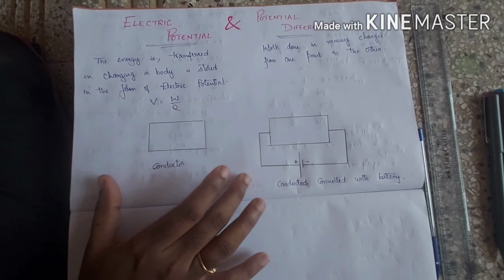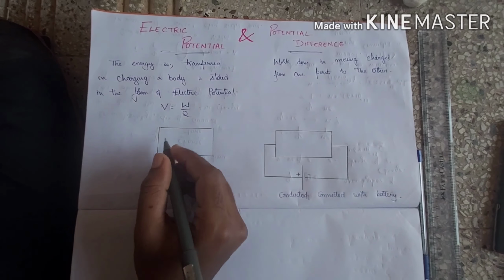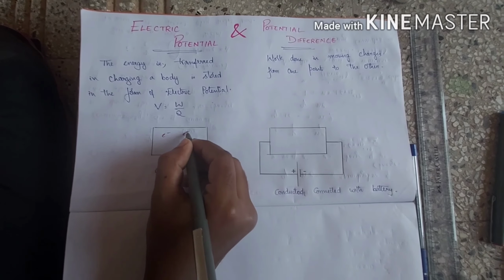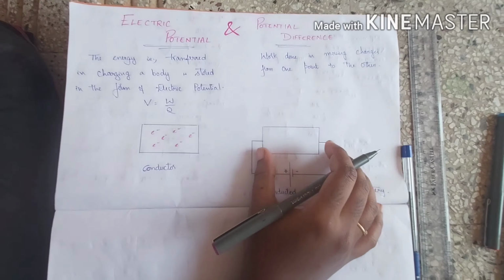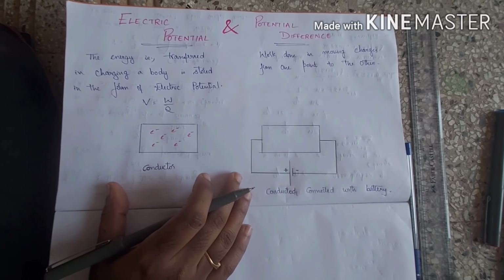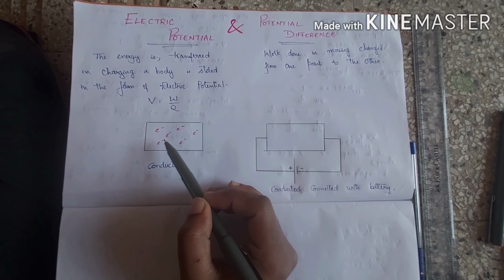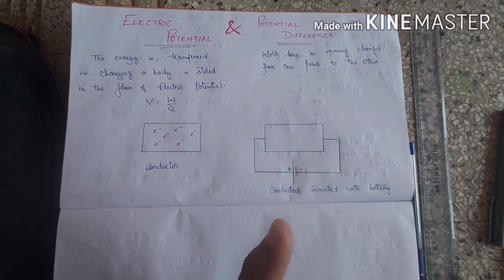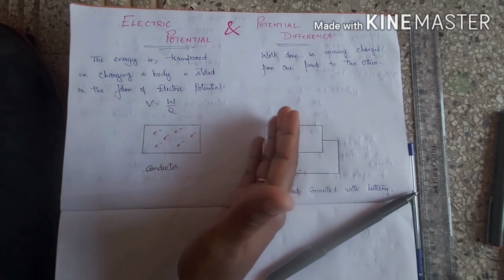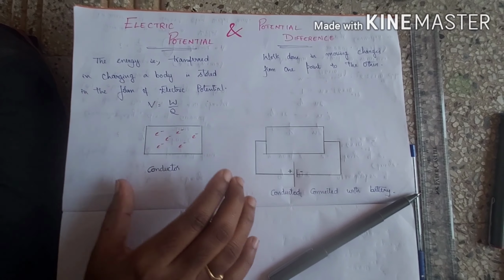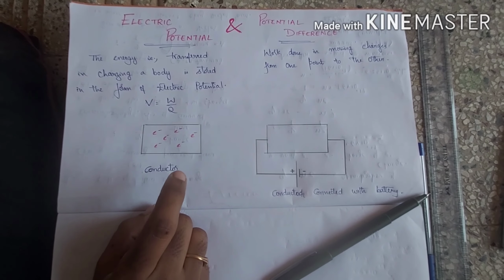So let's take, here I'm having a conductor. A conductor has a large number of free electrons. So let's take, you have some electrons over here. I'm just writing like this. In a conductor, without any source of electricity, there is no flow of charges. But there is some random motion inside the conductor that is due to thermal energy, due to the room temperature. For now, there is no flow of charges. Charges are not moving from one terminal to the other. There are only a large number of free electrons which are ready to move when you give some energy.